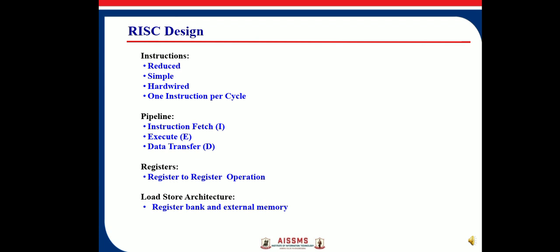Fourth point of instructions is one instruction per cycle. RISC processor executes one instruction in a single cycle. In a RISC processor, there is an example of one instruction per cycle machine. A machine cycle is defined to be the time it takes to fetch two operands from registers, perform an ALU operation, and store the result in a register. Due to this, RISC machine instructions are not complicated and can execute about as fast as micro instructions on CISC machines. Second design consideration of RISC processors is pipeline.